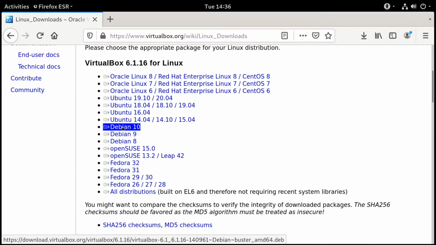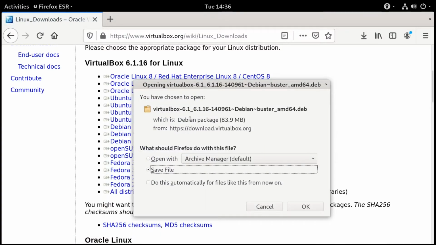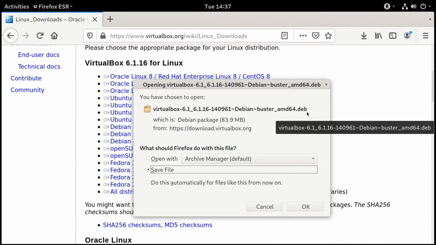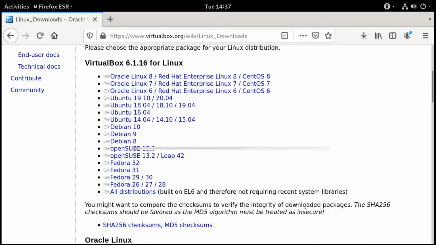So we'll click on that, and that's going to download this file, VirtualBox 6.1.16, for Debian Buster, which is Debian 10. And it will download it for AMD64 by default, which is what I'm running, and it's a .deb file. So I'm going to save that file, click OK, and it's about 83 megabytes. Now we just need to go and install it. So let's open up a terminal so we can do the installation